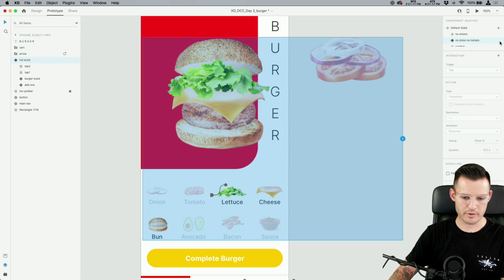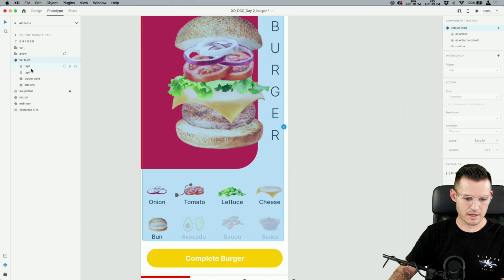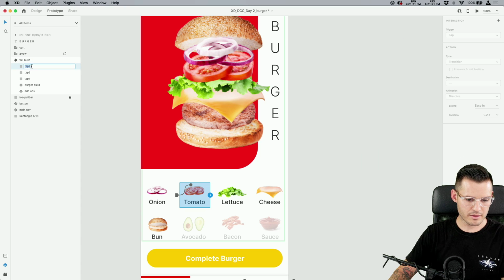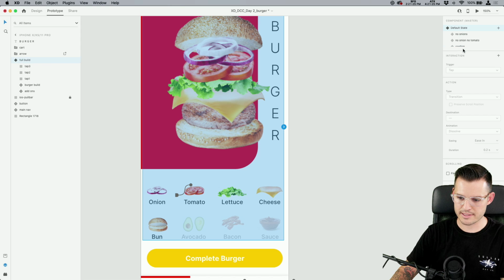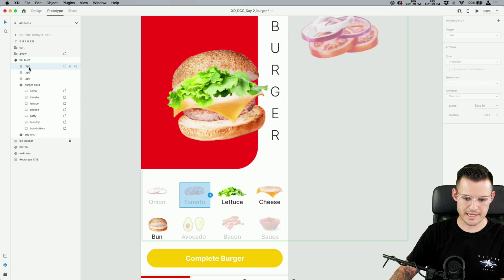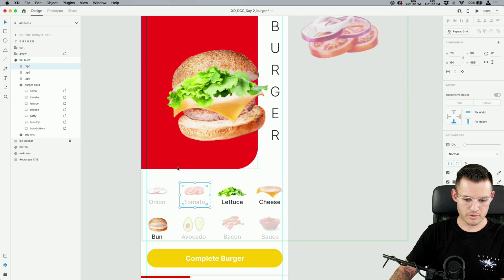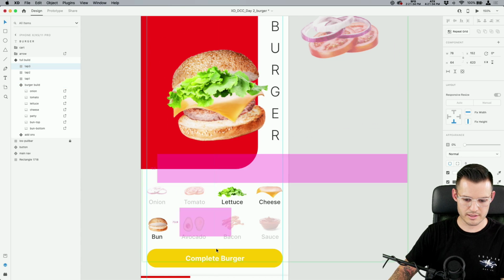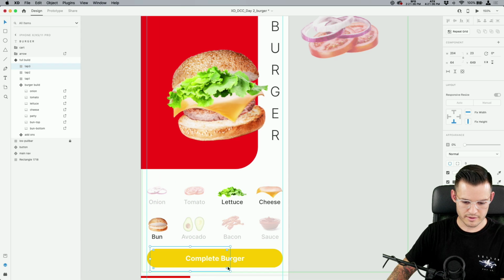Okay, let's go back really quickly. Add a new tap in there. Boom. Let's do tap 3. It should be added now to the rest of my states. To my confirm state, it should be there. Let's open it up. Tap 3. We just want to make sure tap 3 is, I don't know, let's put it down here. Invisible over the burger like this, okay?